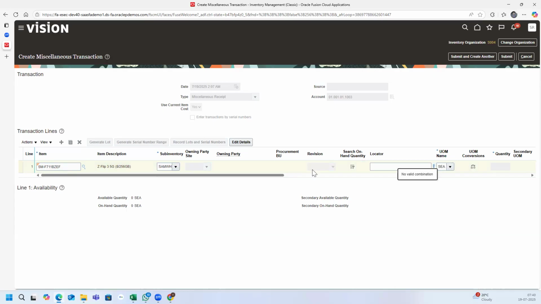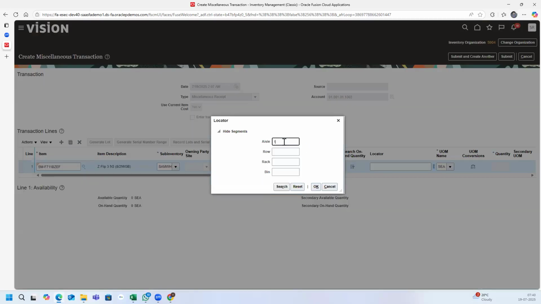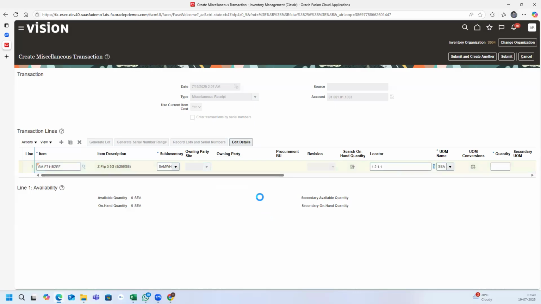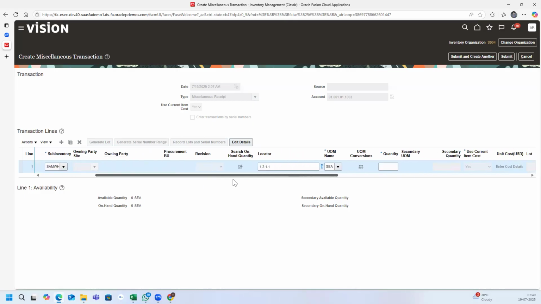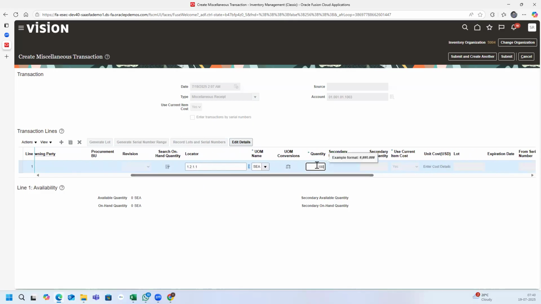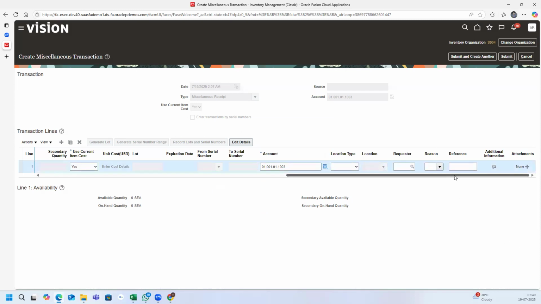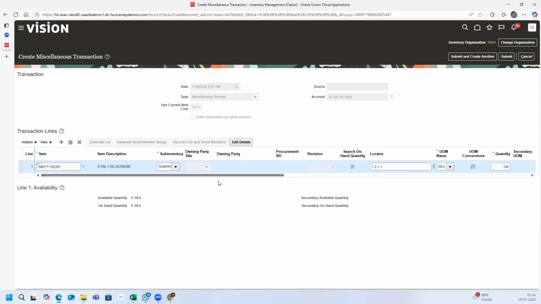So I'm giving 1, 2, 1, 1. Okay. It will take this locator, no issue it will take. See, because while defining item, we said this is a dynamic entry allowed item. So how much? 100 quantity. Okay. The sub-inventory is locator controlled only when item is locator controlled. Okay. Now submit. Now if I take the second item,